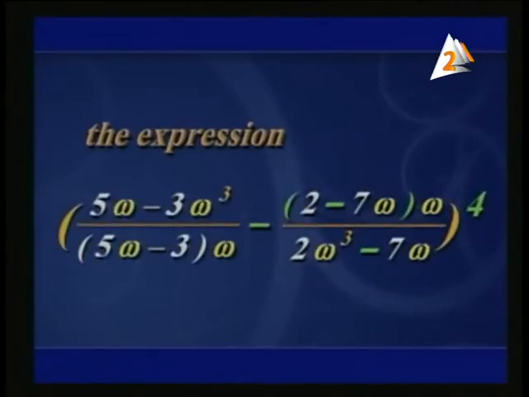The expression equals ((5 omega minus 3 omega cubed) over (5 omega minus 3) minus (omega minus 2 minus 7 omega times omega) over (7 omega cubed minus 7 omega)) all to the power 4